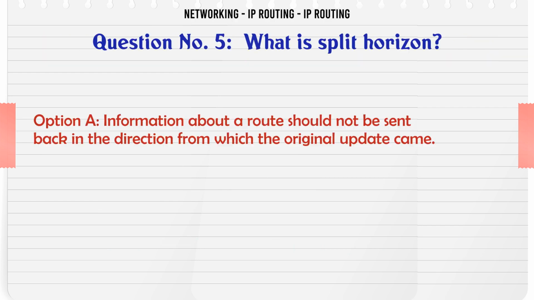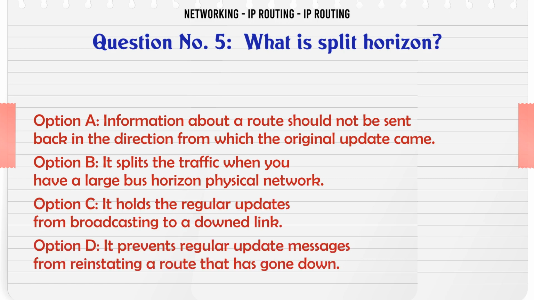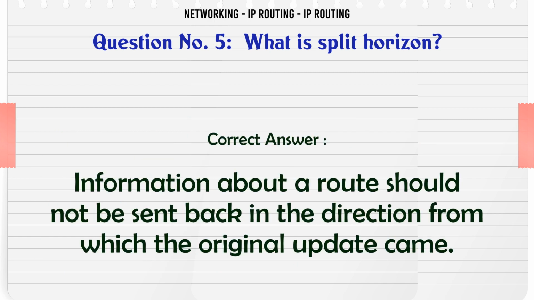What is split horizon? A. Information about a route should not be sent back in the direction from which the original update came. B. It splits the traffic when you have a large bus horizon physical network. C. It holds the regular updates from broadcasting to a downed link. D. It prevents regular update messages from reinstating a route that has gone down. The correct answer is information about a route should not be sent back in the direction from which the original